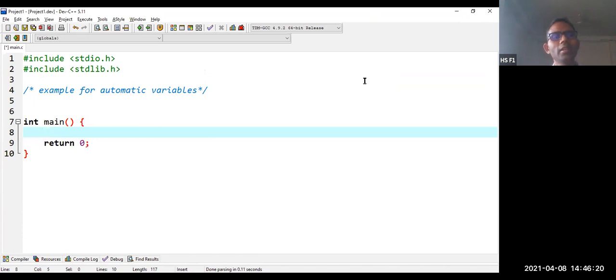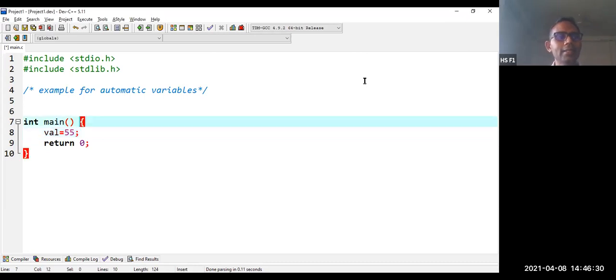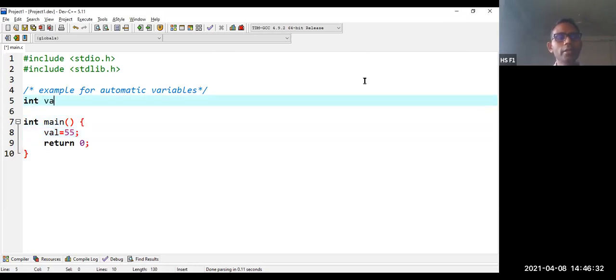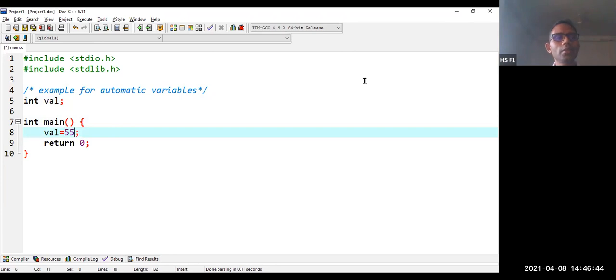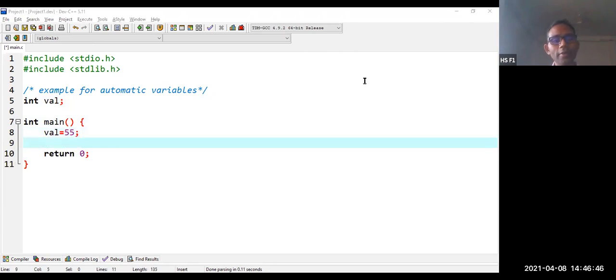Let me declare it as a global variable, integer val is equal to 55. Why are we creating a global variable? Because extern is going to refer to a global variable, and we are going to supply only global variables. So if you print val, you are going to get the value 55.